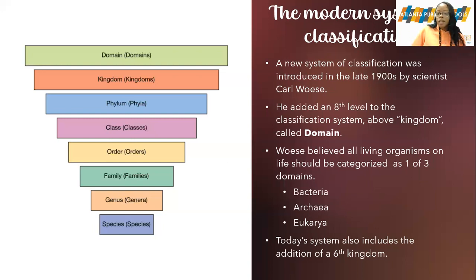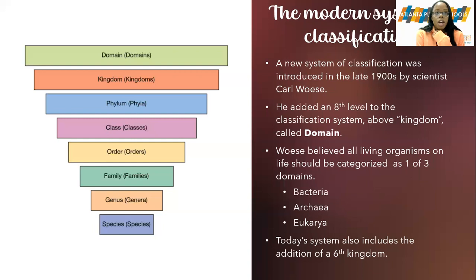kingdom. So if you can remember or think back to what I said on the last slide, remember prior to Carl Woese, Robert Whittaker had come up with 5 different kingdoms. And like I said, those 5 kingdoms were plants, animals, fungi, protists, and monerans. And remember I said monerans I would address in the next slide, because there's a reason why that is not one kingdom that people are familiar with, and that is because it does not exist on today's